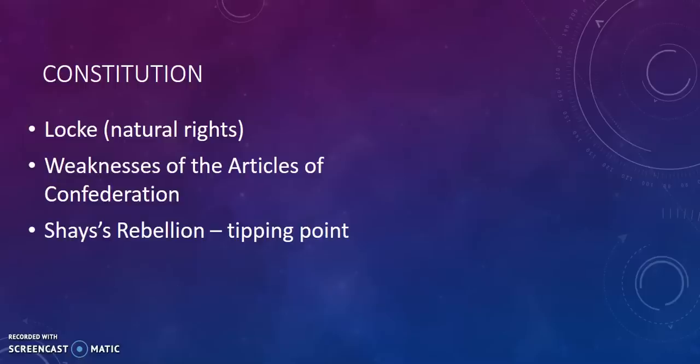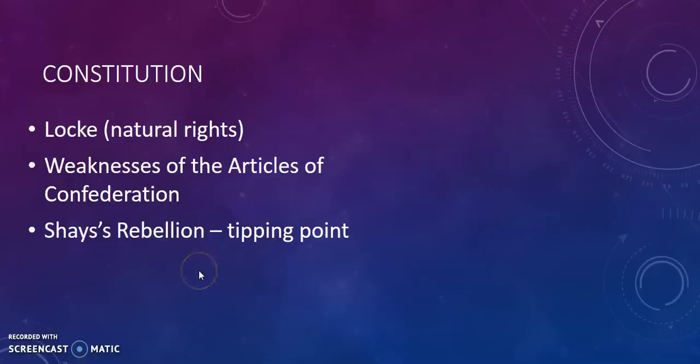Also keep in mind that a precursor to the Constitution is some of the weaknesses of the Articles of Confederation. There's no presidency. There's no Supreme Court. States can coin their own currency. This is more of a, as it says here, a confederation, a league of friendship, not a country. Really, the states are operating as their own country.